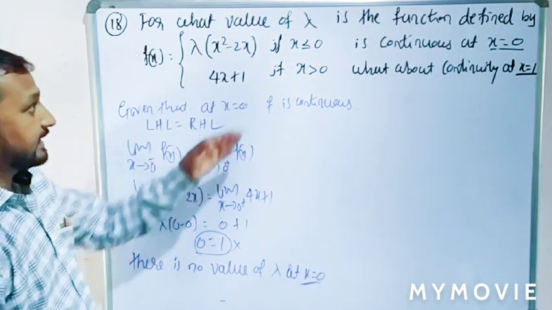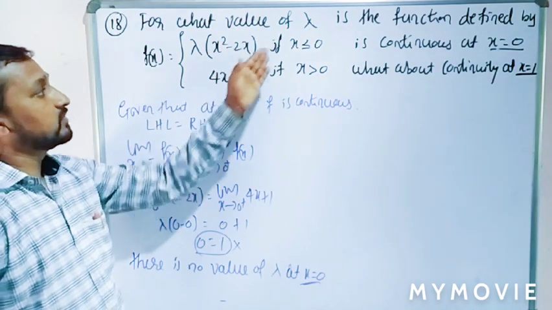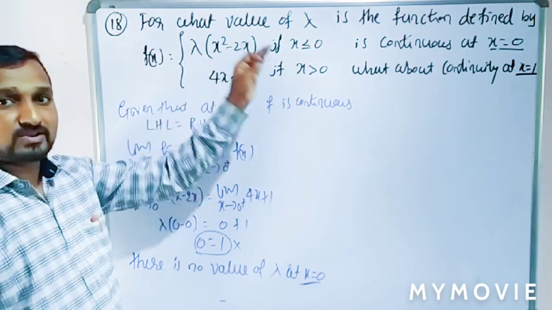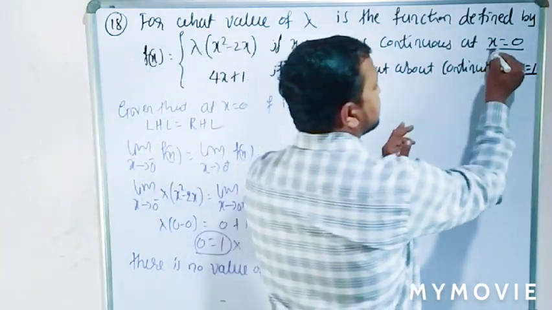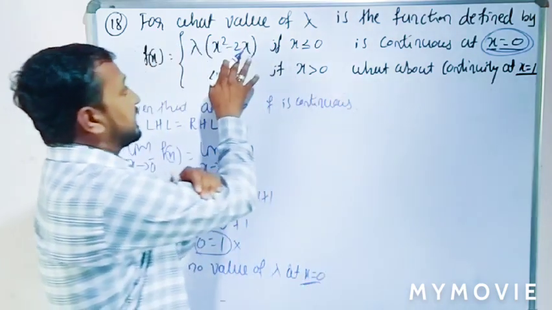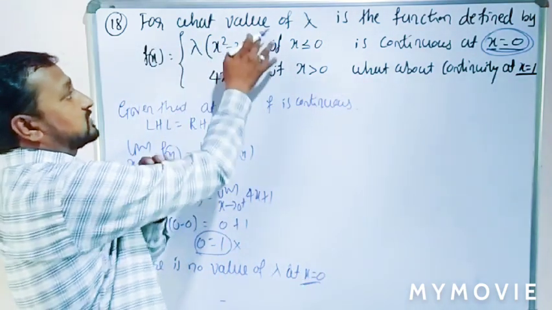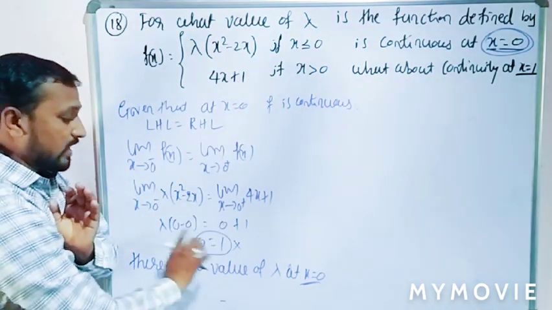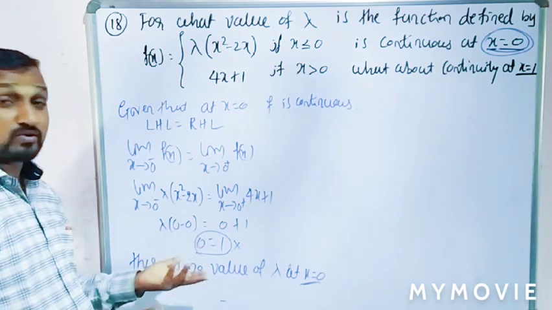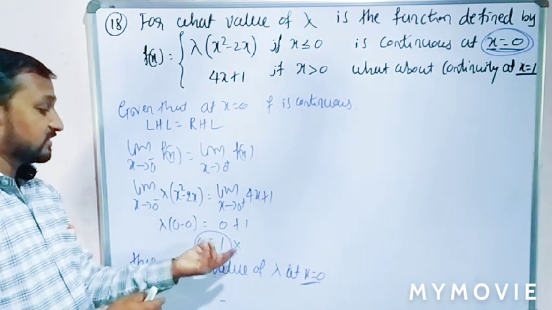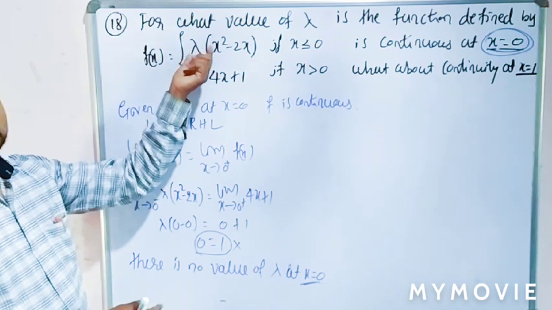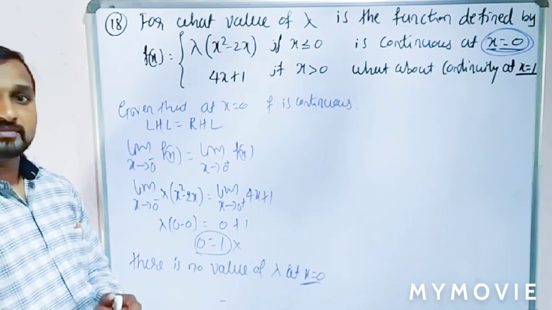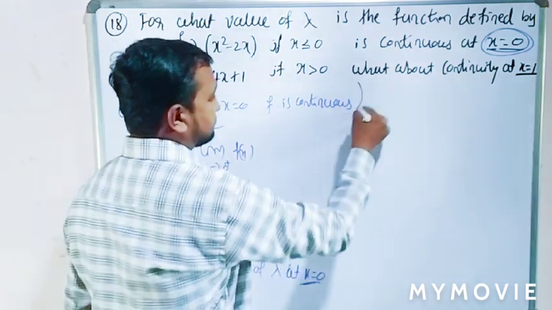So here, put x equal to 0; 0 minus 0 should be 0. At x equal to 0 we can check. So the lambda value should be 0, so the whole function should be 0, that is 0 is equal to 1. This is not possible. Already we know that 0 is not equal to 1, 1 is not equal to 0. So there is no value of lambda at x equal to 0. Is that clear? Okay, this is 1.